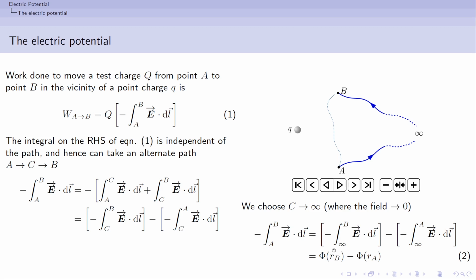I'll call this scalar quantity phi of RB, because it's going to depend only on RB, because the lower limit is anyway fixed, as that's the reference point. And this integral, as we have seen, depends only on the endpoints. One endpoint is already fixed, which is at infinity. The other endpoint is going to be B, so the radial distance is RB, and that's why phi depends only on RB. If we call this phi of RB, then for this quantity phi here, the parameter is going to be RA.